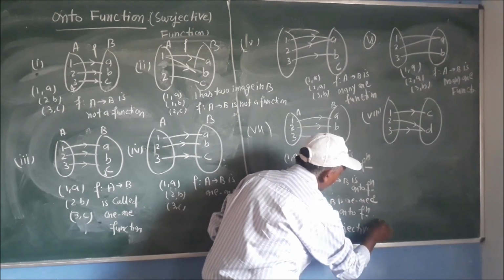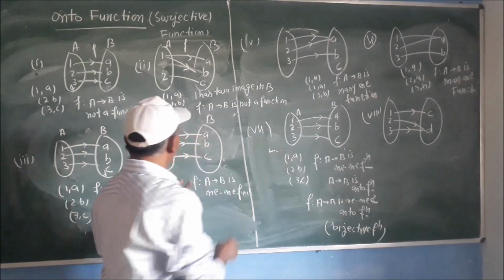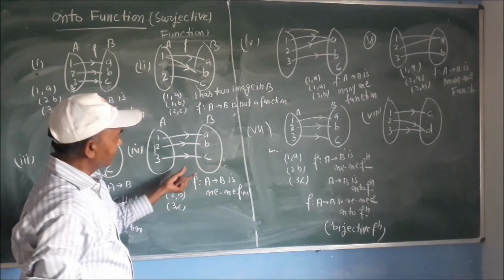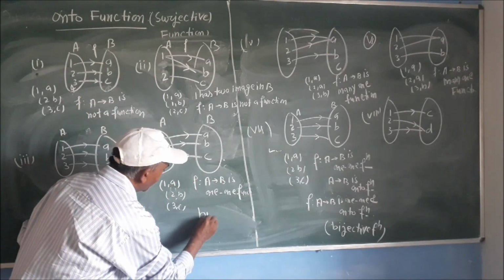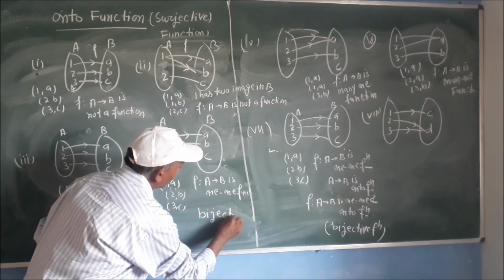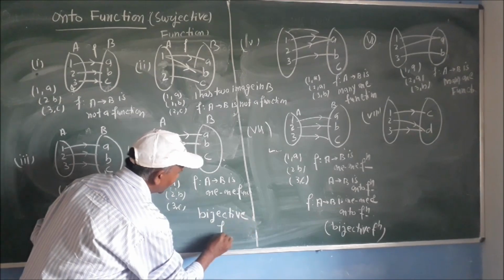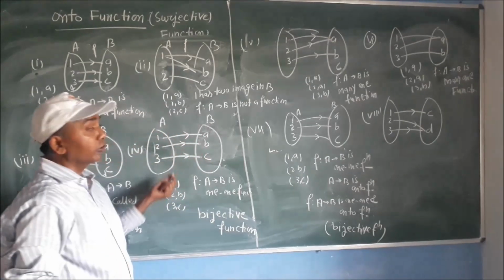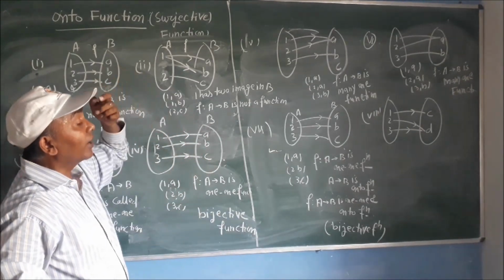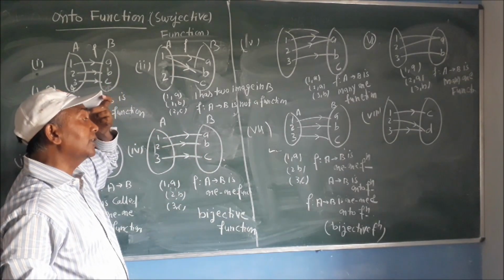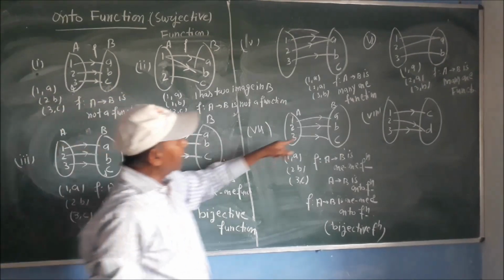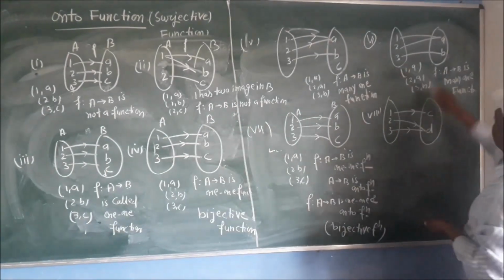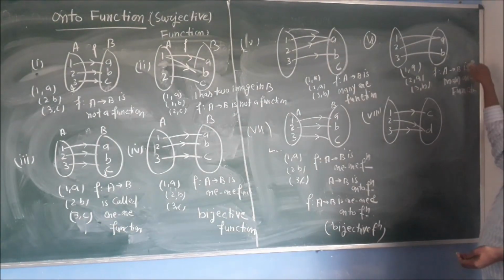Watch from this example and this example, no difference. These two examples, watch here, no difference. So this is also an example of a bijective function. Bijective functions are those functions which follow the 1-1 property and also the onto property. So how can you define the onto property, whether a function is following it or not? Every element of B has a pre-image in A. This is also an onto function, but this is called a many-one onto function, which we do not have to read in the 12th syllabus.